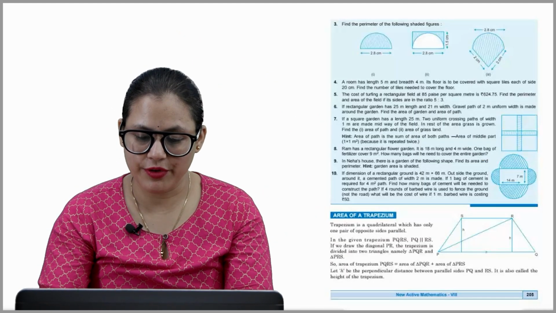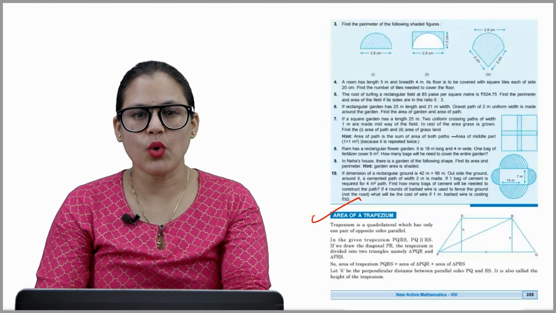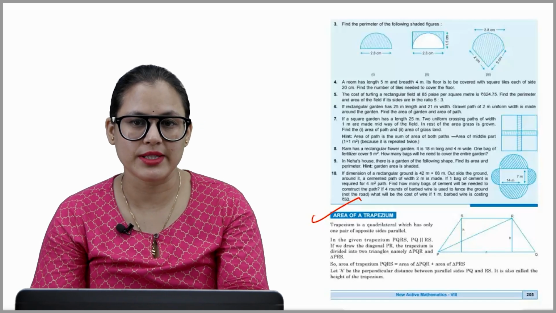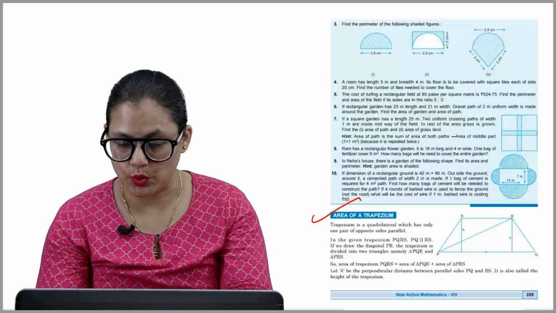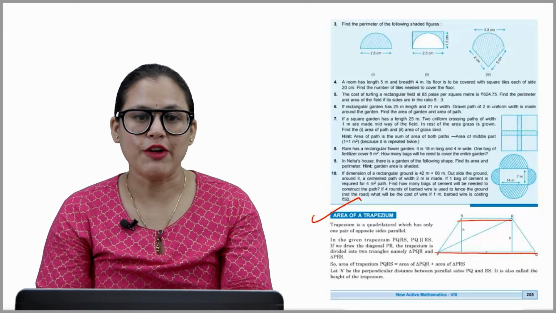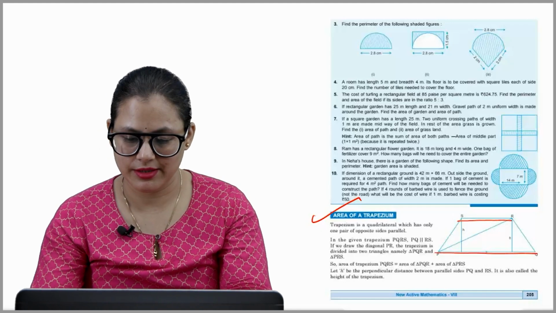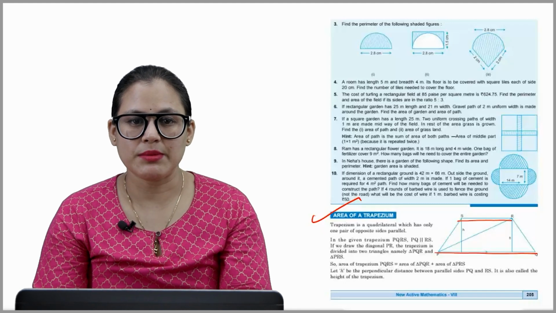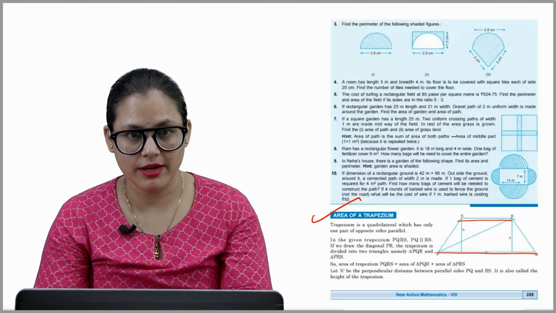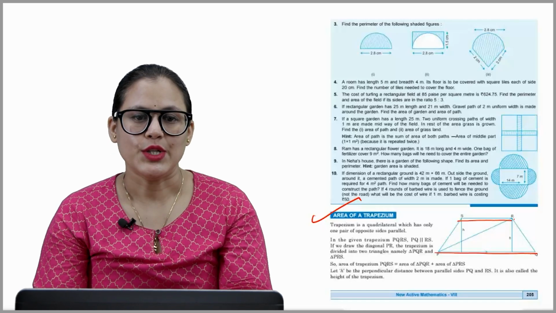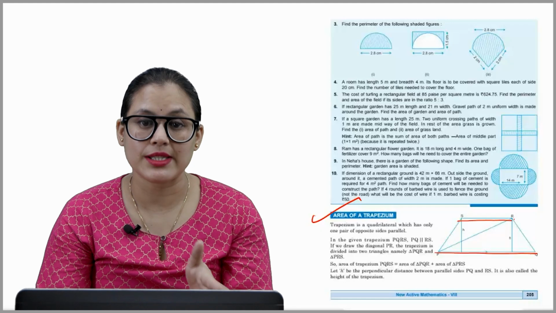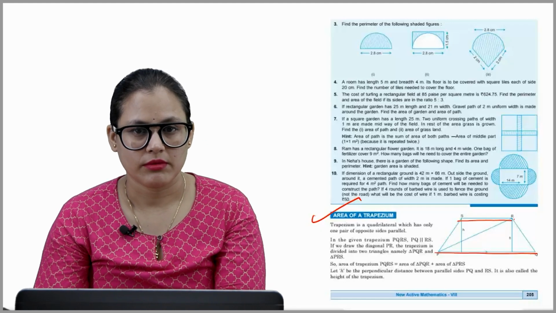Now, area of a trapezium. A trapezium is a quadrilateral which has only one pair of opposite sides parallel. In the given trapezium PQRS, PQ is parallel to RS. If we draw the diagonal PR, the trapezium is divided into two triangles, namely PQR and PRS. So, area of trapezium PQRS is equal to area of triangle PQR plus area of triangle PRS,